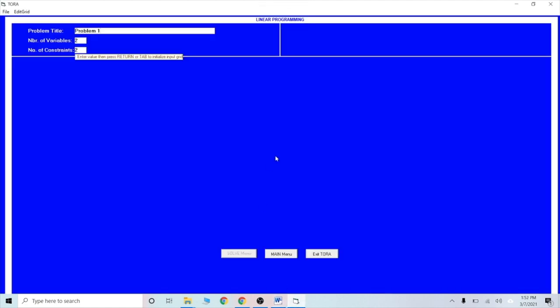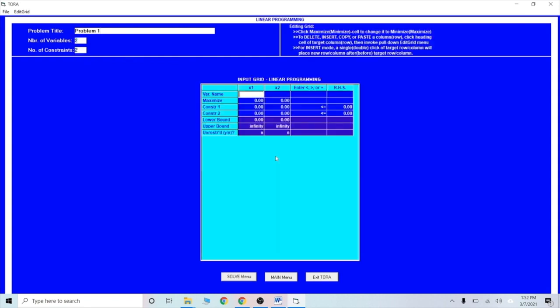Next, press the enter tab button. You will find this window. Variable name: the software is saying that the first variable is x1 and the second variable is x2. But if you want to enter the variable names, like our first variable is x and the second variable is y, you can. Now the problem is maximize, so that is fine. If you want to change to minimization, click on maximization and it will convert to minimization. Now I am clicking on minimization, and it converts back to maximization.